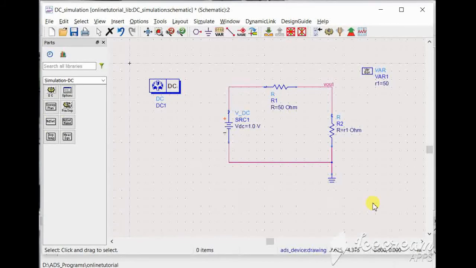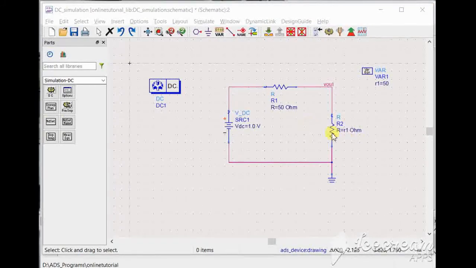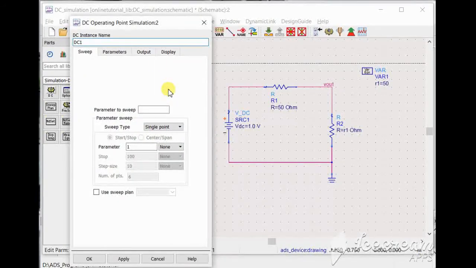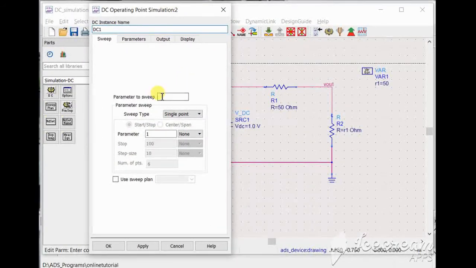Okay, now you have seen it earlier. What are we looking for? We are looking for parameter sweep. This time we have the parameter as a variable, that is R1. We have defined this parameter to this particular resistor. Now we need this R1 to vary for a particular range. Let us go back to the DC simulation settings again, and here you see last time we did it for single point.